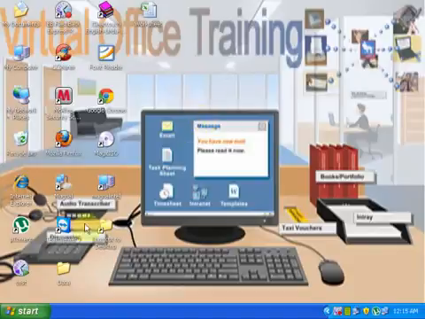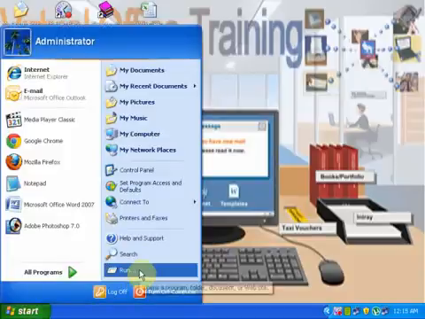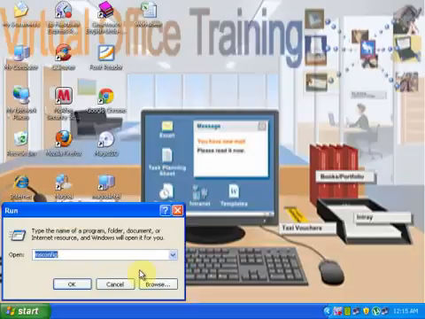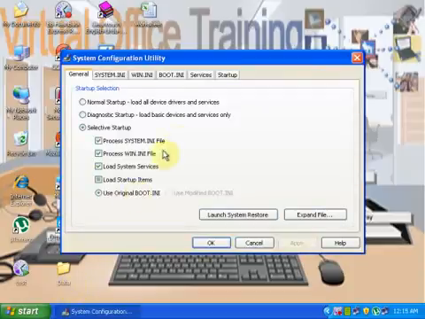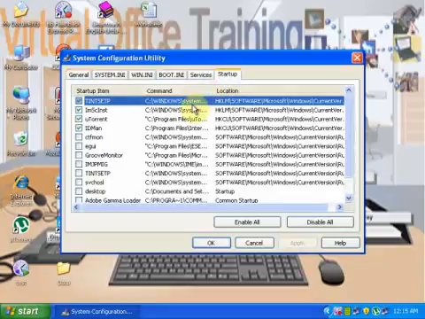First technique is: click start menu, go to the run command and type msconfig and click OK. It will display a dialog box. Go to the startup tab. In startup tab, when your computer starts, these programs automatically